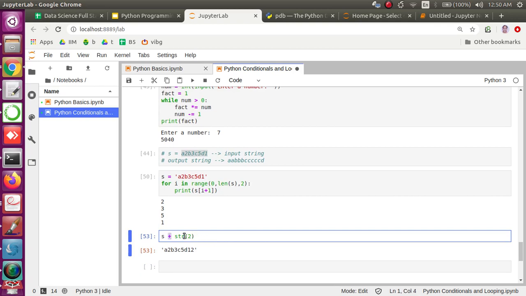Similarly, this is how the plus works with strings, and let's understand how star works, right? Star works with a number and a string, so one operand is a number and the other operand is a string. In that case, the string will be concatenated twice, because I use 2 to multiply it.